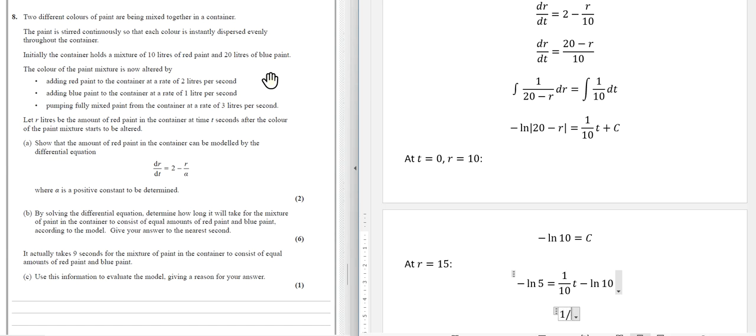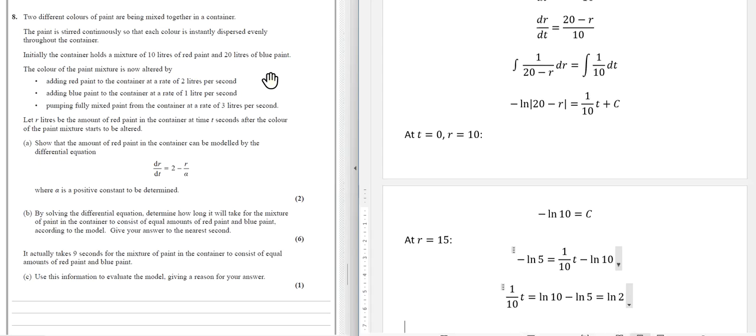So let's rearrange things. We have a tenth t equals ln 10 minus ln 5 if I switch things around. But log laws tell me I can do 10 divided by 5, and ln of that is the same as ln 10 minus ln 5. So t is 10 ln 2,